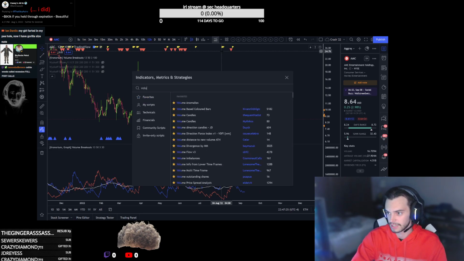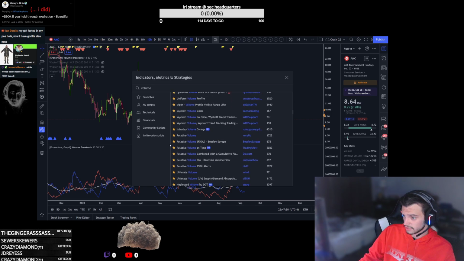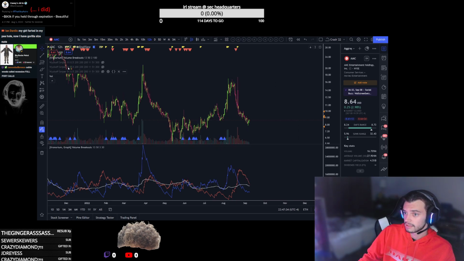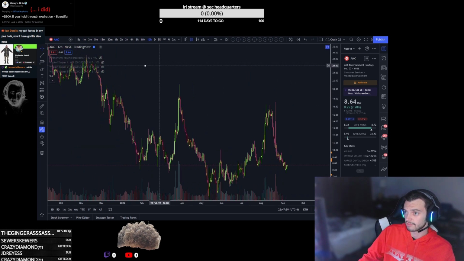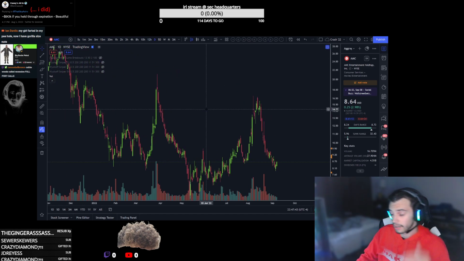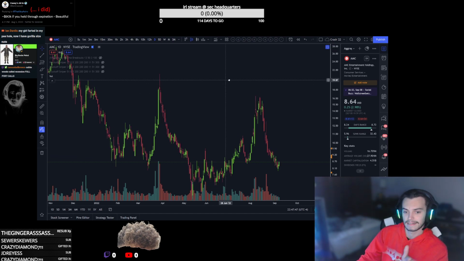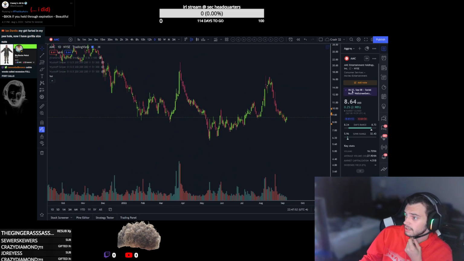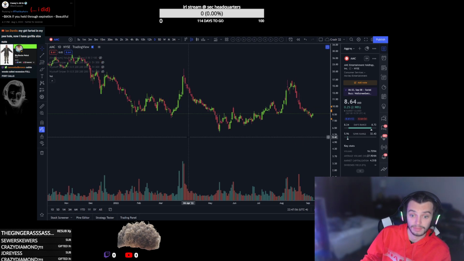If I simply bring up a volume indicator, I couldn't scroll for a second, and I get rid of everything else, and we just have volume. And you go to the daily. Now, a market profile, or a volume profile as it's also called, would be even more ideal. But to keep the point, just by volume alone, you can see where people want to buy and where people want to sell.